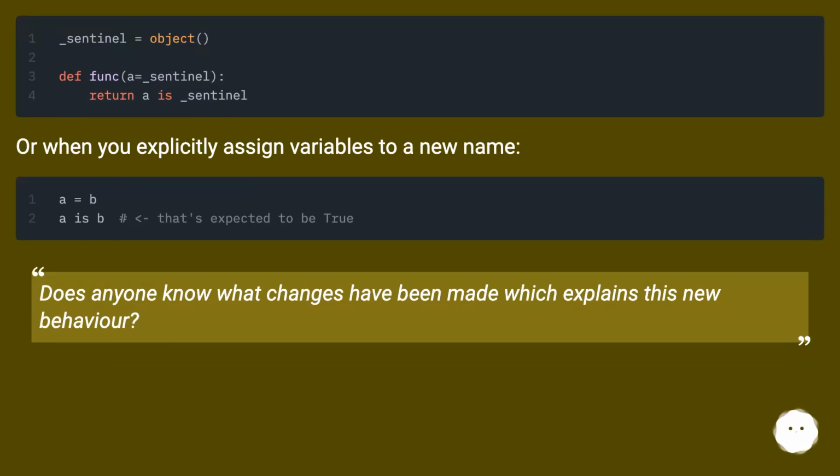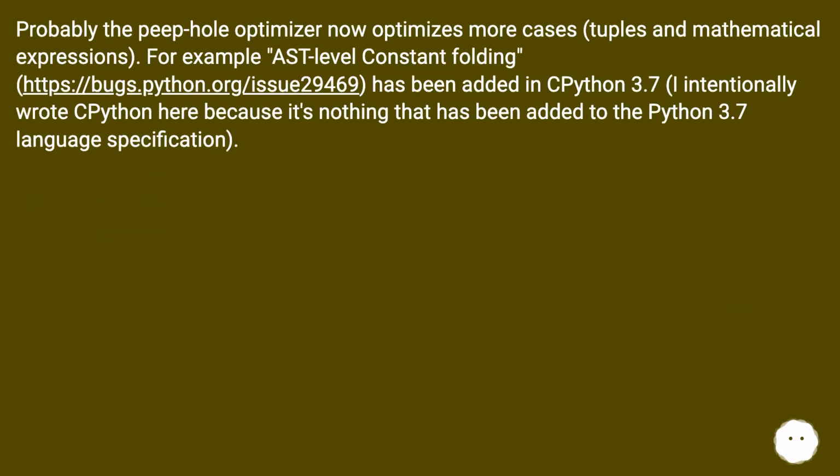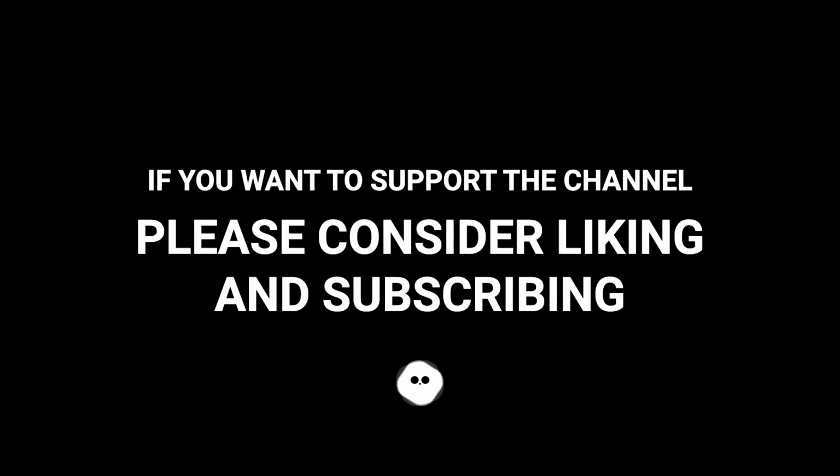Does anyone know what changes have been made which explains this new behavior? Probably the peephole optimizer now optimizes more cases, tuples, and mathematical expressions. For example, AST level constant folding, this URL, has been added in Python 3.7. I intentionally wrote Python here because it's nothing that has been added to the Python 3.7 language specification. False